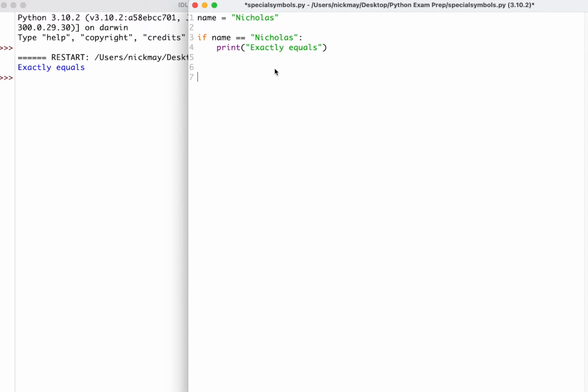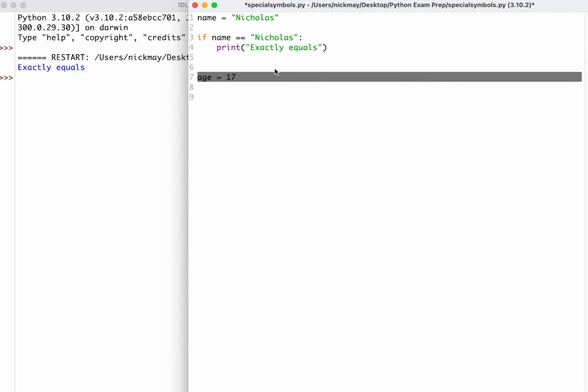Okay, the next one we might talk about is the greater than or the less than sign, right? So either a less than and greater than sign. So we could have another variable here, and we can have age, and we have age equals 17. So that could be a question you might write to the user, how old are you? In fact, let's do it that way. Let's make it age equals an integer,